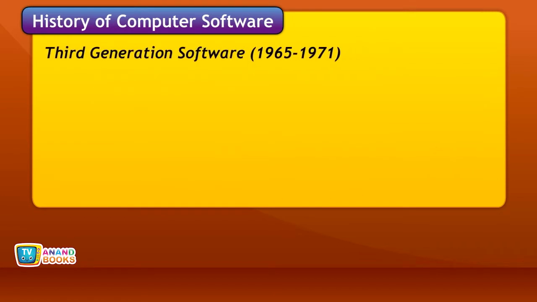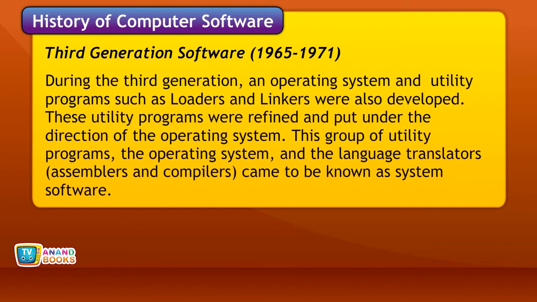Third generation software, 1965 to 1971. During the third generation, an operating system and utility programs such as loaders and linkers were also developed. These utility programs were refined and put under the direction of the operating system. This group of utility programs, the operating system and the language translators, assemblers and compilers